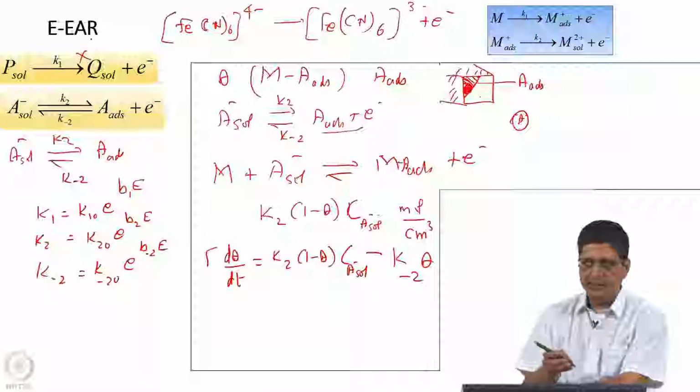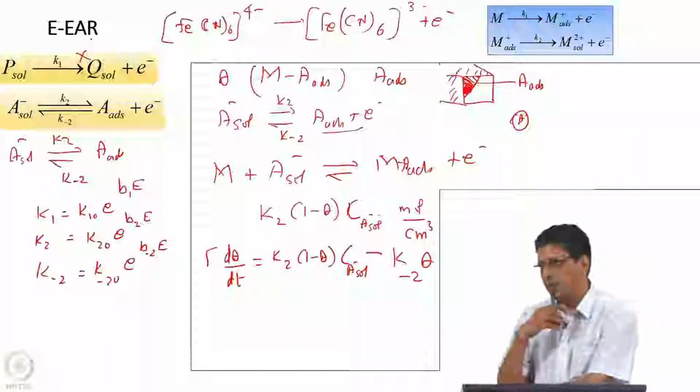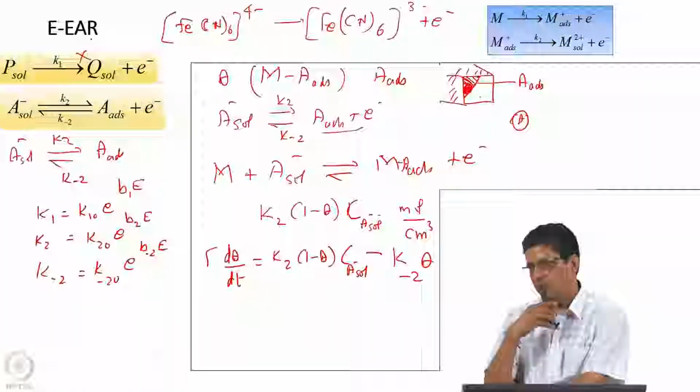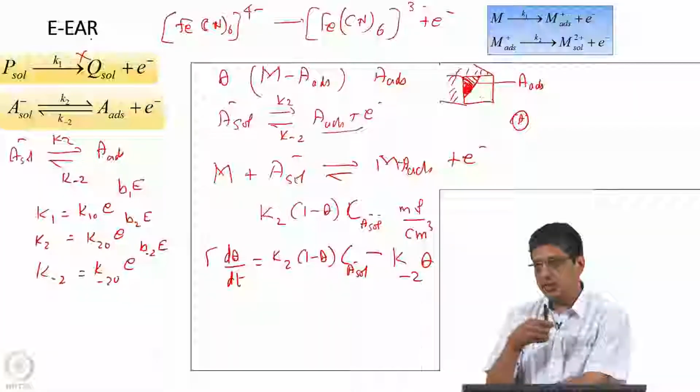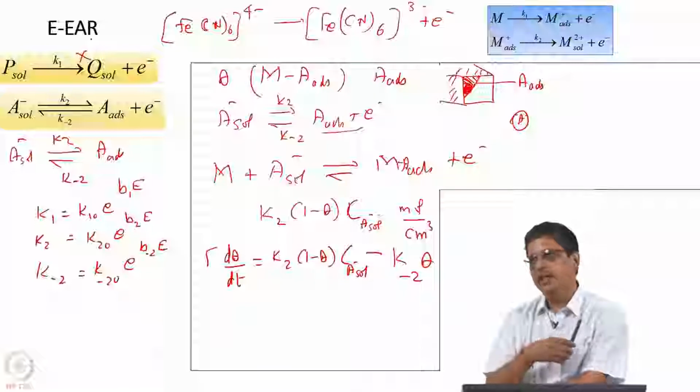Sir, so the backward reaction won't happen if there are no electrons, right? So why are we not adding that number of electrons in the equation? The electrons influence the reaction by changing the rate constant, and the rate constant is proportional to the exponential of the potential. So, the electrons are accounted for in the rate constant.